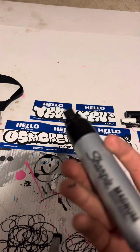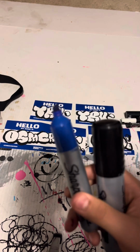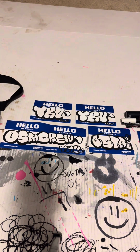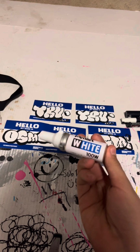So if you have a calligraphy style, you can use a Magnum because this is the big nib. And if you just want a thicker line, you can use this to add a drop shadow quickly. And another pretty good one if you're starting out is a Pentel White,